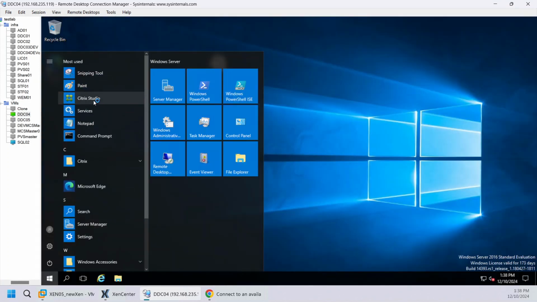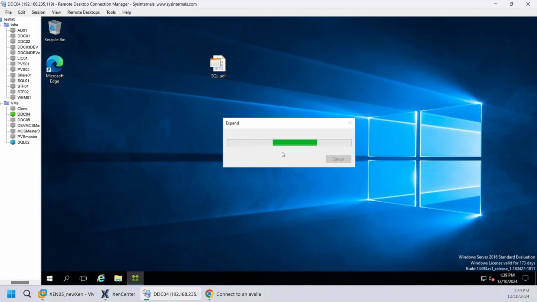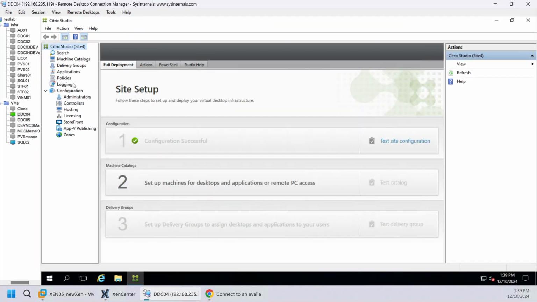You should also run the test site from Citrix Studio before you do any upgrades, because you will know, for example, where is it? Test site here. You can have, for example, some warnings, and it's the best practice to know about them